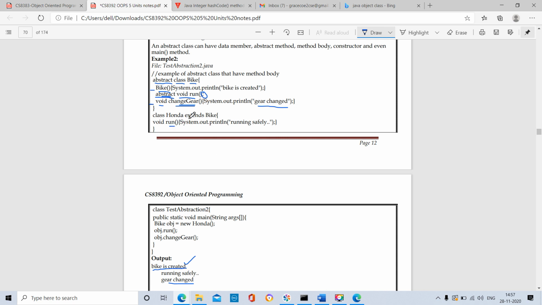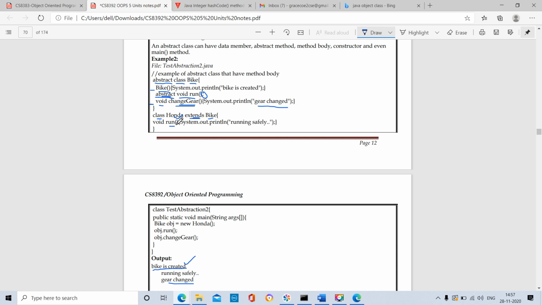by the extends keyword. See, the class name is Honda. This is the subclass or child class. It is derived from the bike. Bike is the superclass or parent class. So by using the extends keyword, we are doing the inheritance feature in Java. So here, void run. Void is the function type. It will not return any value at the end of the function. Run is the function or method name.